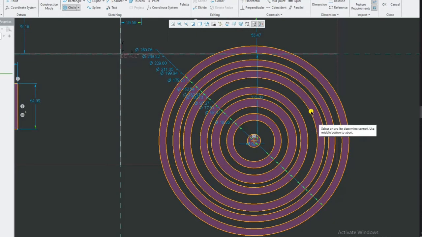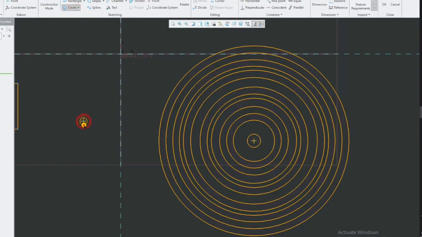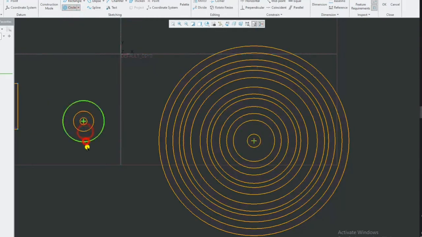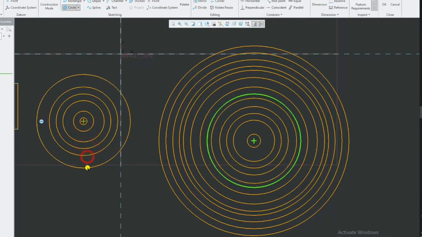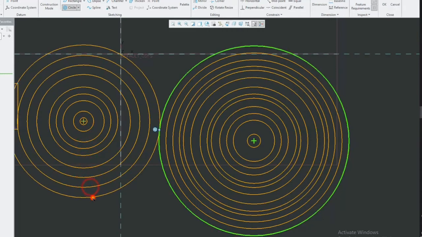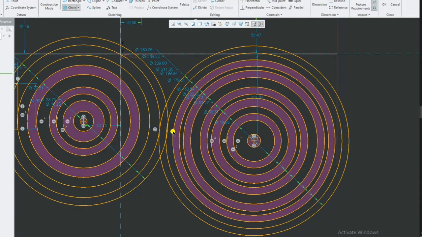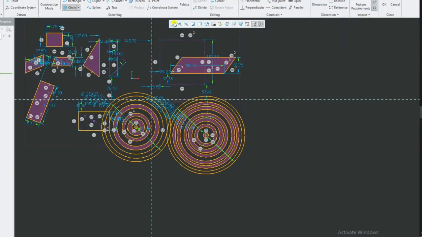First of all, you have to draw one base circle, let us say one very small base circle. Then based on this one, we can go for concentric circles, and we can go on constructing many circles. Then we press escape and we press zoom to fit.